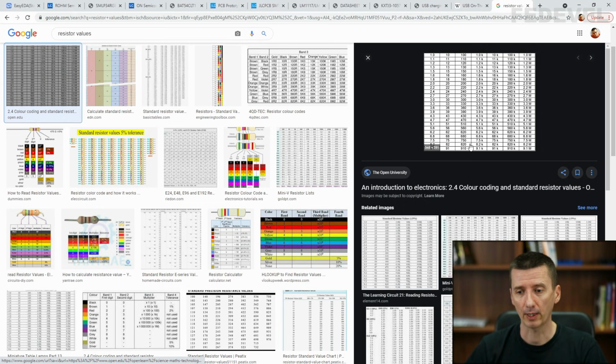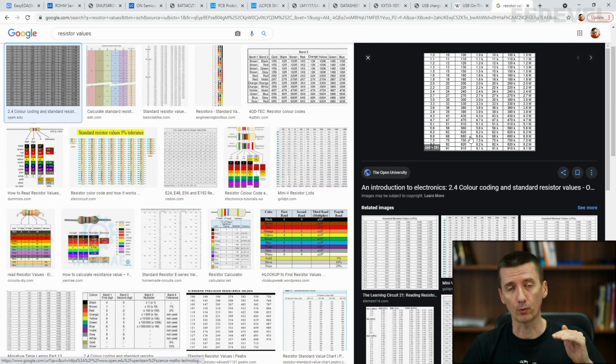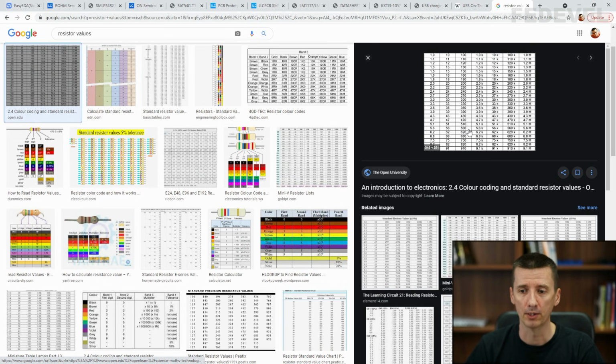And in our case, we would like to use the closest resistor with higher value than what we have calculated. So we calculated 540 ohms, and the closest higher standard resistor is 560 ohms. So this is the resistor what we are going to add into our schematic.